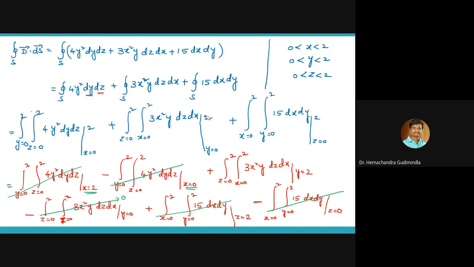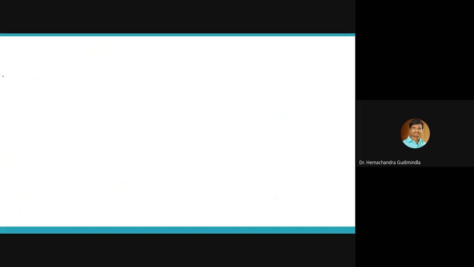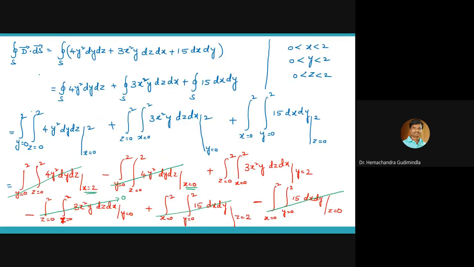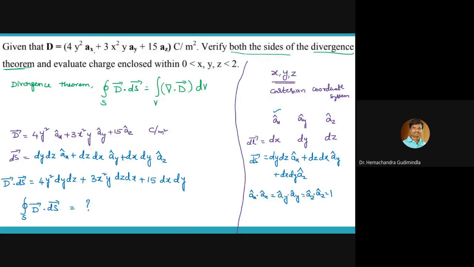Where we need to be very careful, whenever we are solving the divergence theorem, is with these limits while applying the surface integral, because this is a closed surface integral. Now coming to the right hand side, RHS. What is there in the RHS? Integral over volume del dot D bar into dv. Now again, we need to write what is D bar. D bar in the sense 4y square ax cap